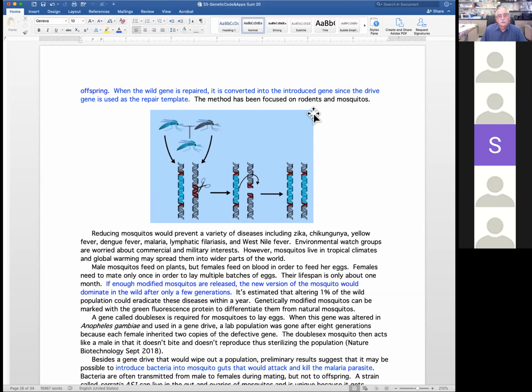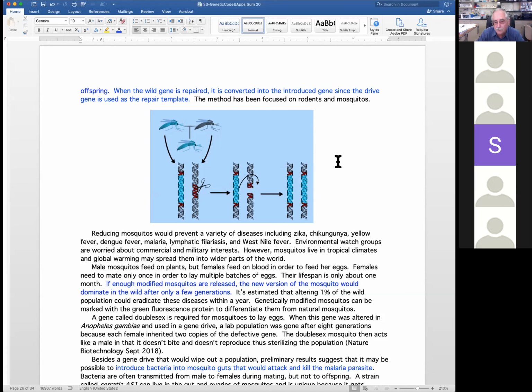So what can you do to wipe out a mosquito population? Well, you could do a couple of different things. You could make them so they don't mate. You could make them so they don't live long. But what you want to do is make it so they don't die off before they mingle in with the